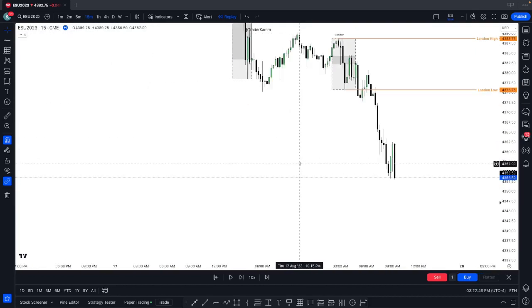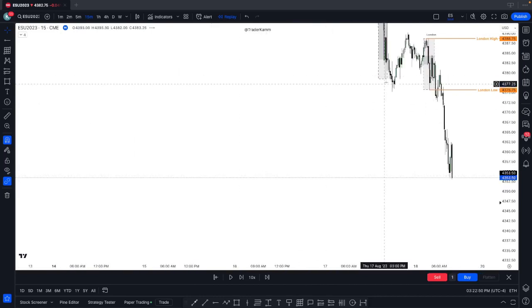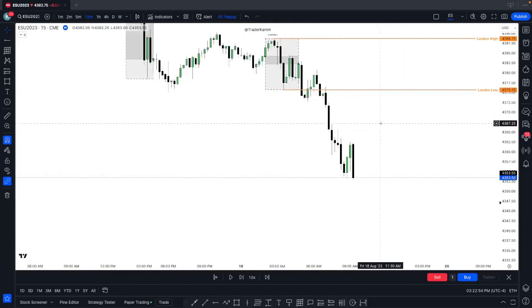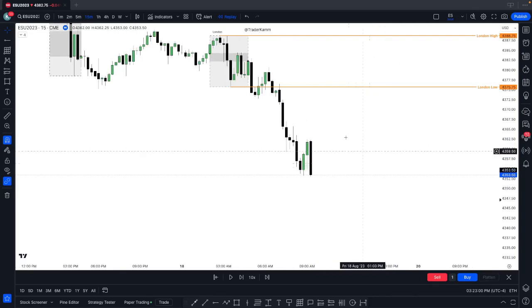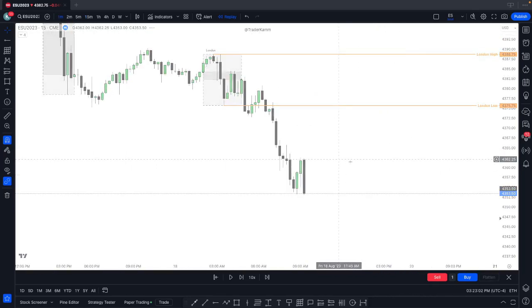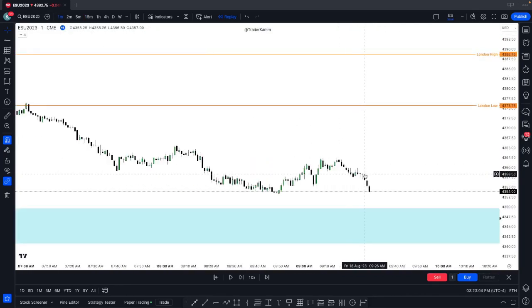And because we don't have anything else, if we look back, our PM session is also way up here. So to me, at 9:30, once we open and we're below that, that's sweeping the liquidity. So the same concepts still apply. So if we jump down into the 1-minute chart,